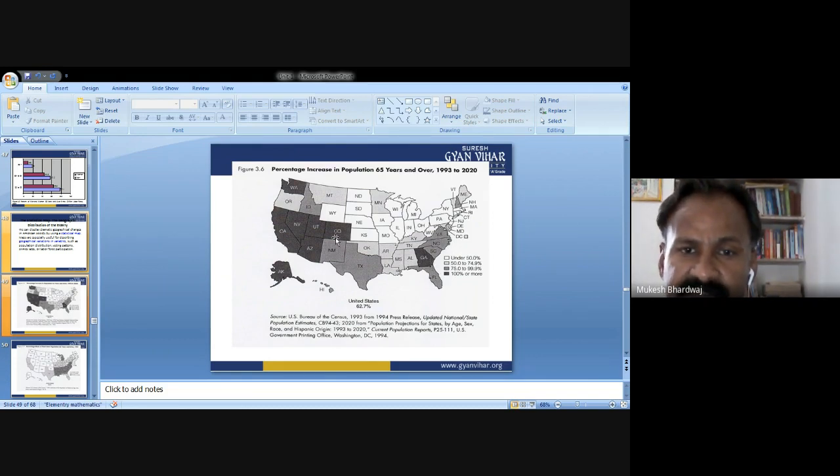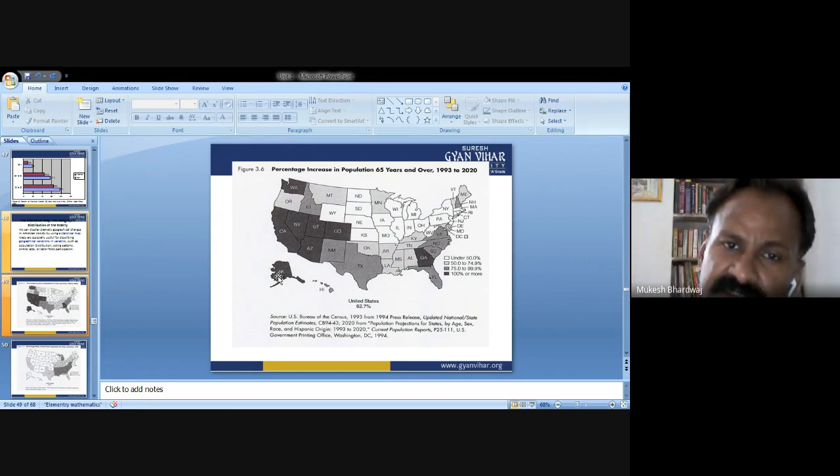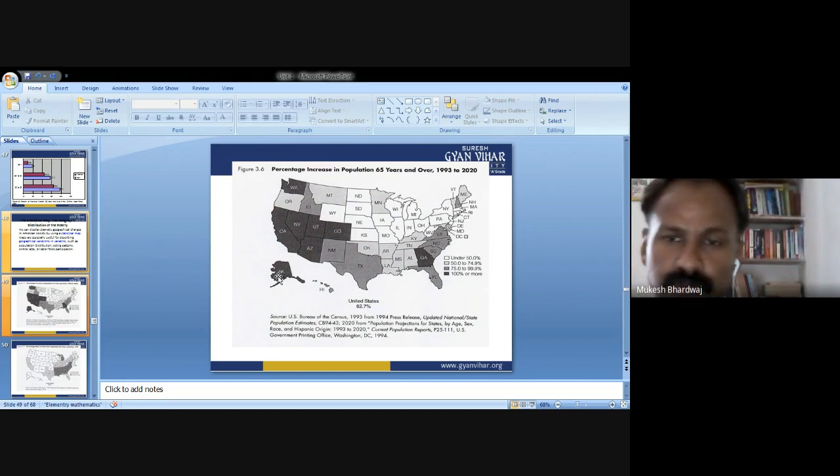तो GA है, CO है, UT, NB, CA, AZ, यहाँ पर आपको दिख रहा होगा it is more dark shaded. So these are showing that 100% of population increase in their percentage. बूढ़ों की गिनती डबल हो चुकी है, 100% इंक्रीज हो चुकी है. जो पहले थी उसकी जस्ट डबल होना, that is called 100% increase.